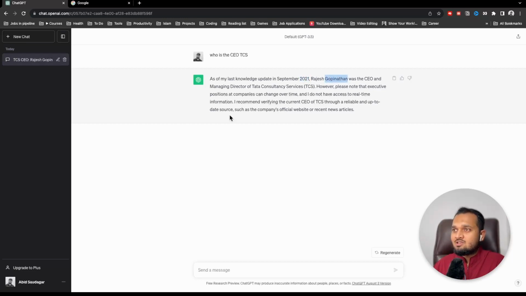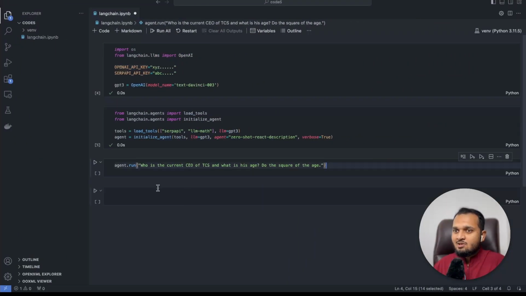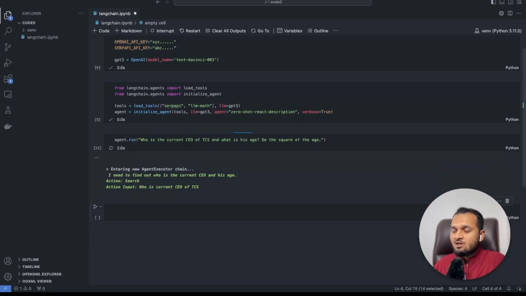But right now the CEO has changed, I think in January 2023. So this way we can be sure that the current CEO is not coming from the LLM data. It will search using the SERP API and then we'll get the data. Let's just run this and see how the agent is thinking.